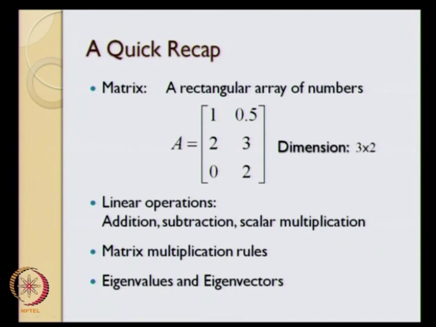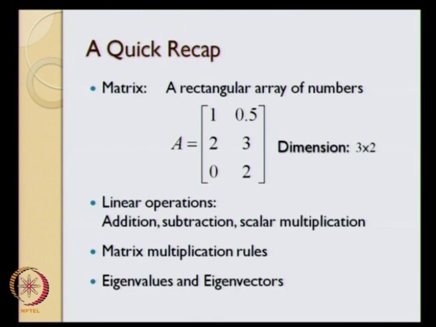Okay. So, these are again the matrix multiplication rules, and you should be familiar with them. If not, it is a good idea at this stage to stop this video and perhaps go and revise some of the matrix multiplication rules. And the final thing is that I will assume some familiarity with eigenvalues and eigenvectors. We will go over what we mean by eigenvalues and eigenvectors, but we will not necessarily discuss how to get eigenvalues and eigenvectors and so on and so forth. That is what I will assume you already know based on your previous +2 syllabus and your first year undergraduate syllabus.